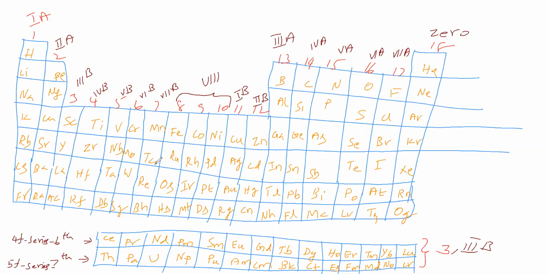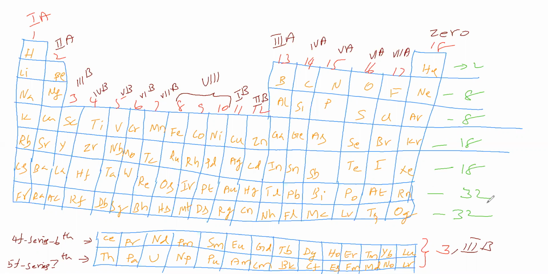Now atomic number, in the sense, first period contains how many elements you will see. First period contains 2 elements. Second period contains 8 elements. Third period contains 8 elements. This fourth period contains 18 elements. This fifth period contains 18 elements. Sixth period contains 32 elements. Seventh period contains 32 elements.